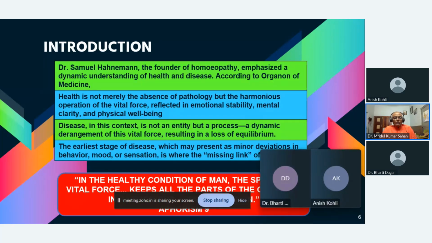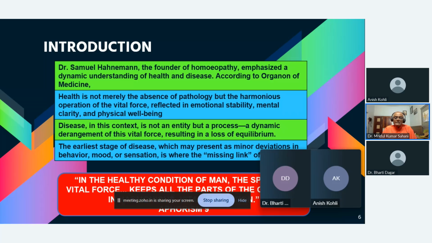This we all know. Disease in this context is not an entity, but a process, a dynamic arrangement. What is disease? Disease is nothing that you have to extract. You have to understand. And disease means understanding, as human beings also need understanding. Only by observing, only by listening, only by seeing, you have to apply your mind, you have to apply your intelligence, and you have to apply your emotions at the same time.